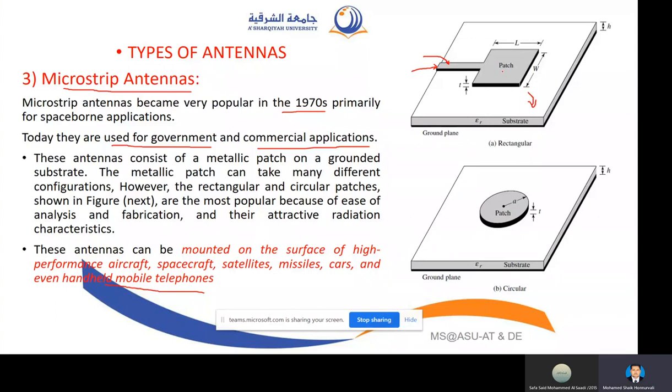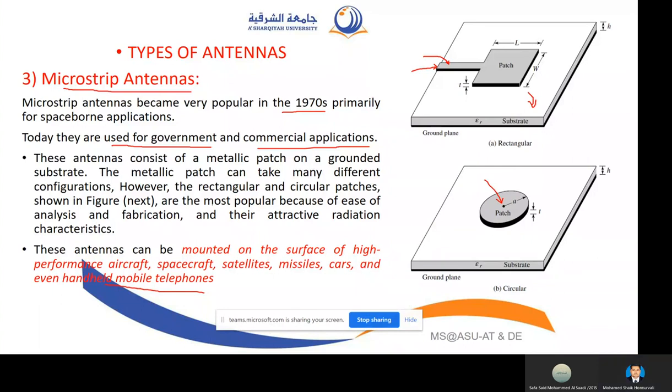Okay, next, should this patch be in this shape only? Does the patch have to be in this rectangle shape? No, not necessary. The patch can be circular, it can be rectangular, any different shape is possible. There is no problem, but the radiation characteristics will be different. If the design dimensions of the patch are different, the radiation characteristics will also become different.